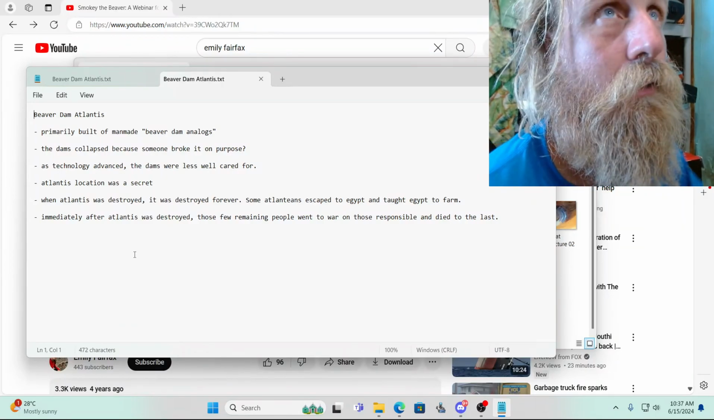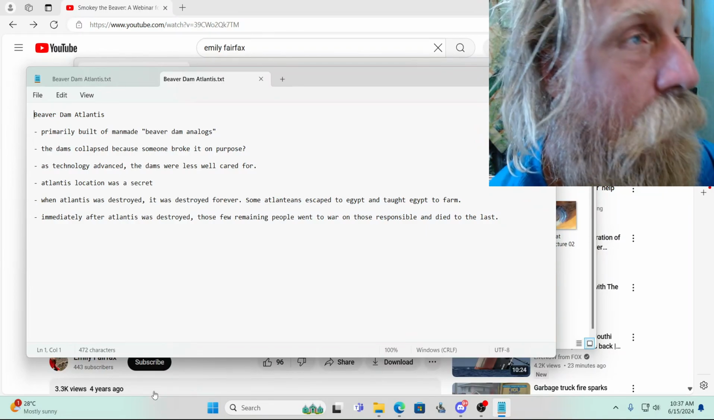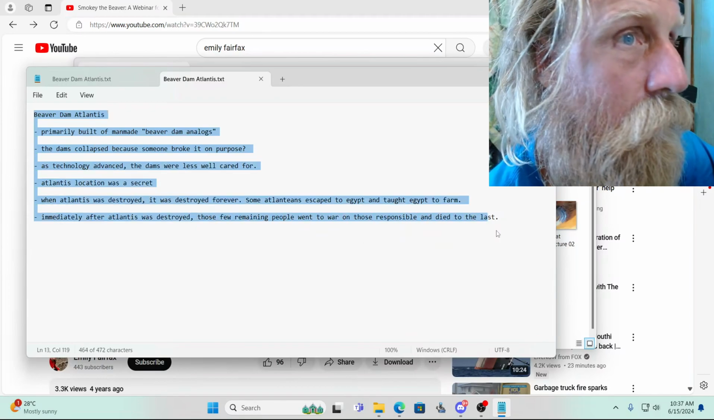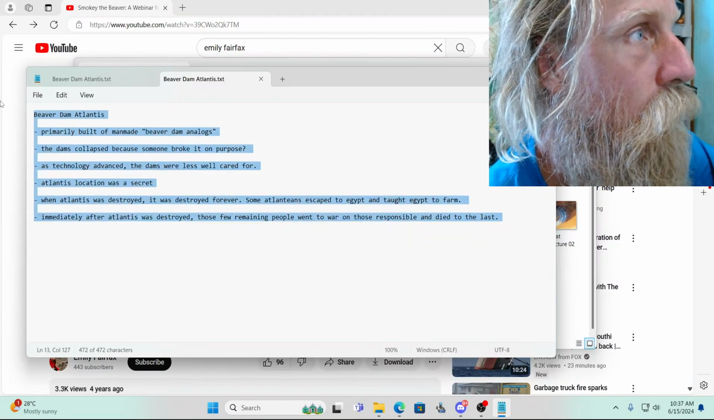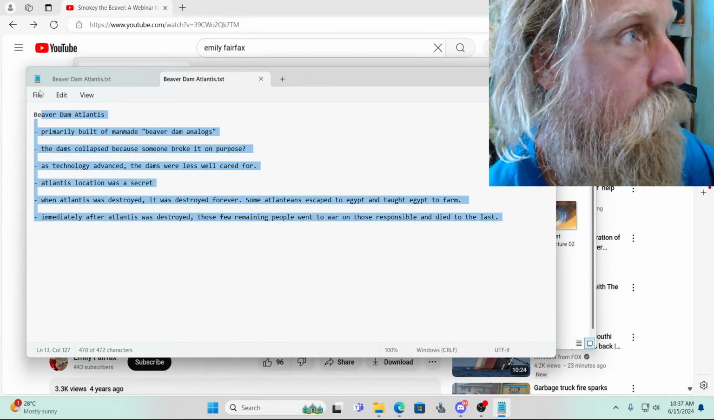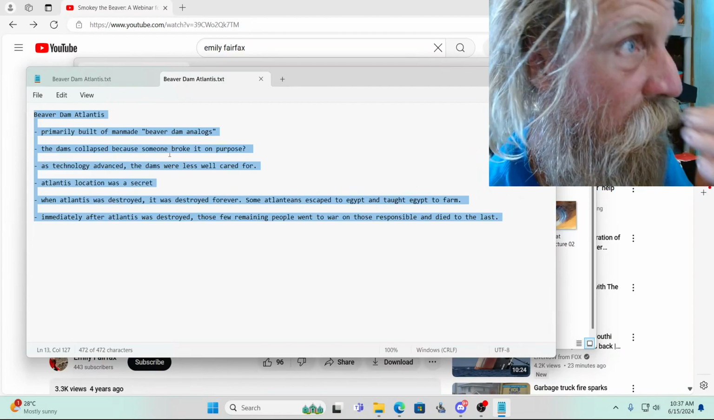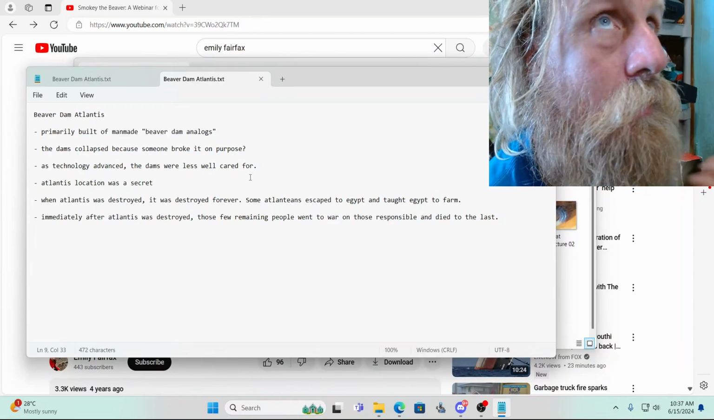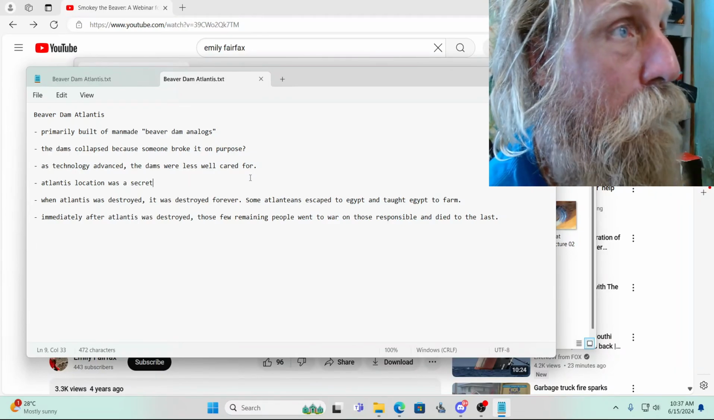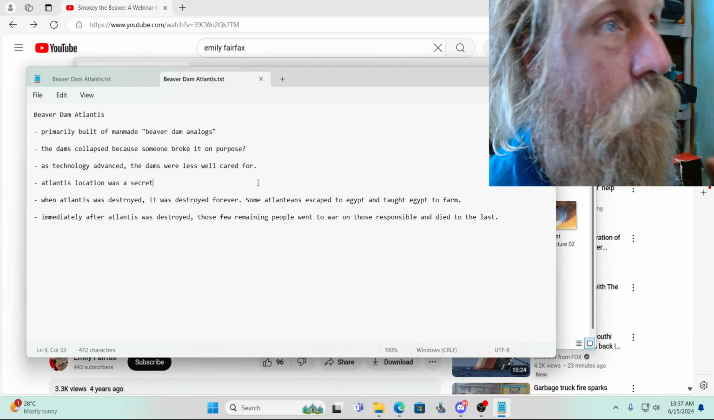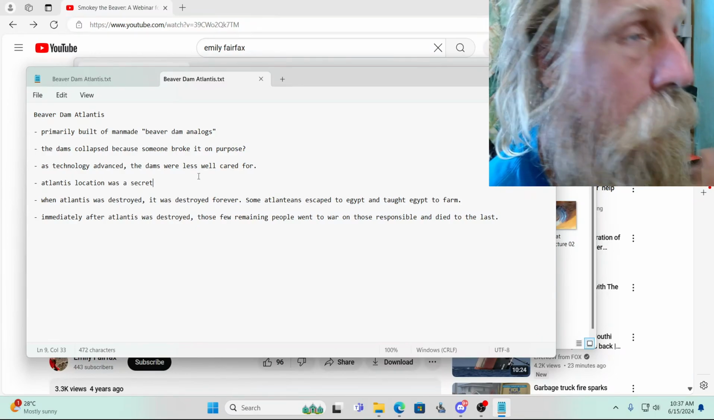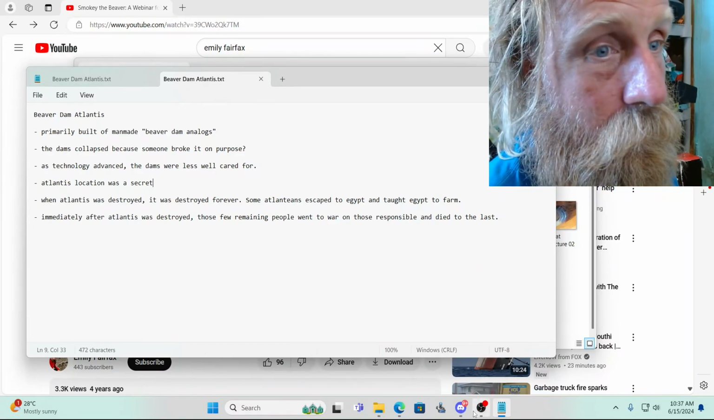So the objective of the legend of Beaver Dam Atlantis basically is to create a fable that would fit in line with fantastic history, but also to explore these ideas, like maybe these are children's stories to keep them from building dams, or maybe people really did build during the Stone Age. Maybe there really was an Atlantis,